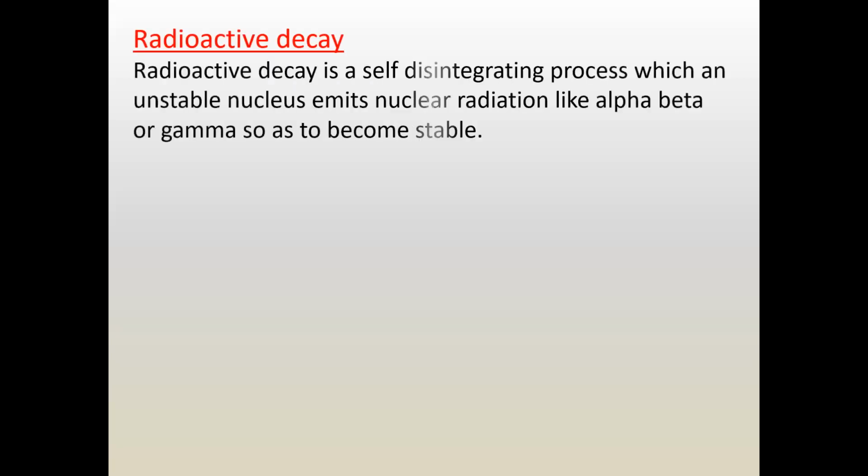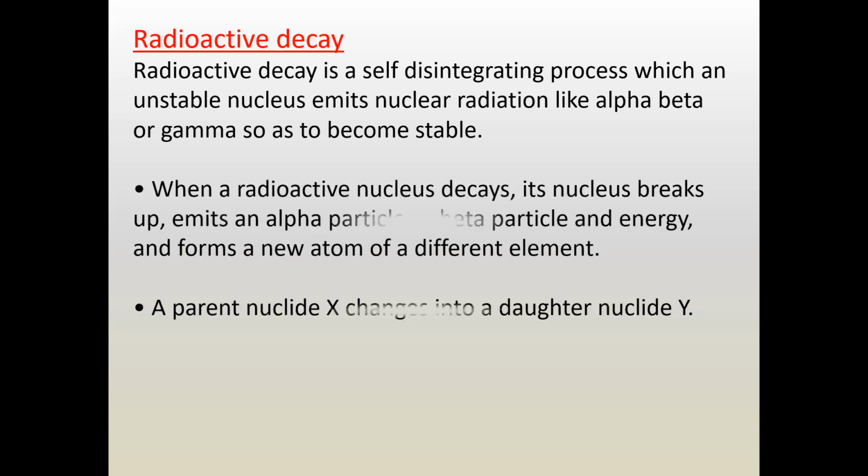So radioactivity, as we discussed already, what is radioactivity? Radioactivity is basically spontaneous and random disintegration of the nuclei, unstable nuclei. So radioactive decay here refers to a process in which the unstable nucleus decays by emitting radiation and particles such as alpha and beta to become a stable one. We call this radioactivity.